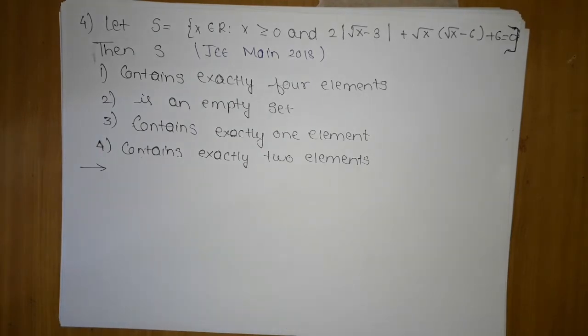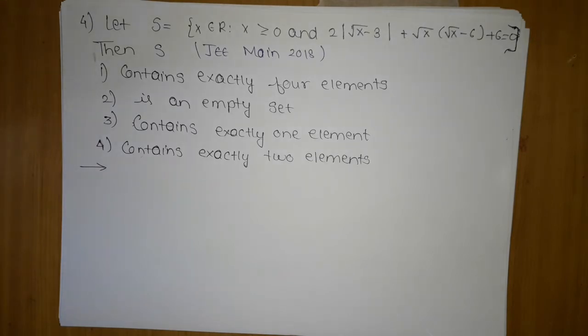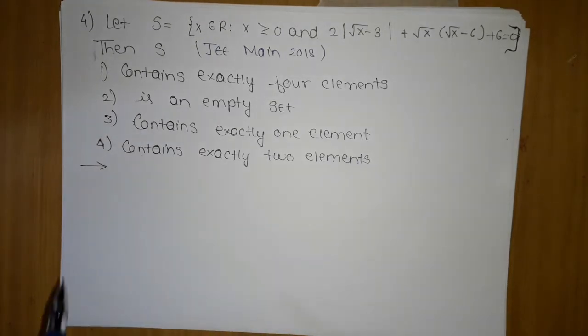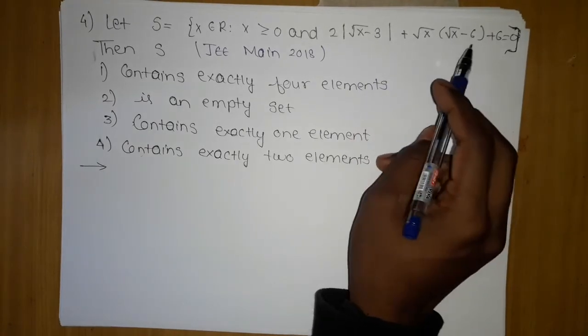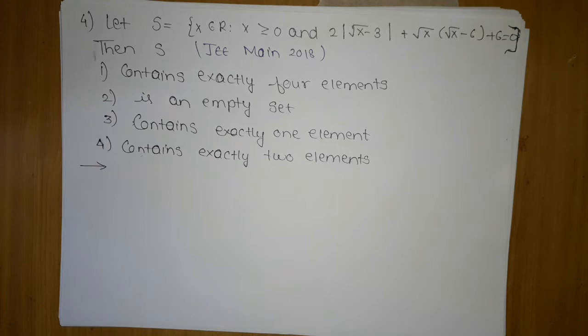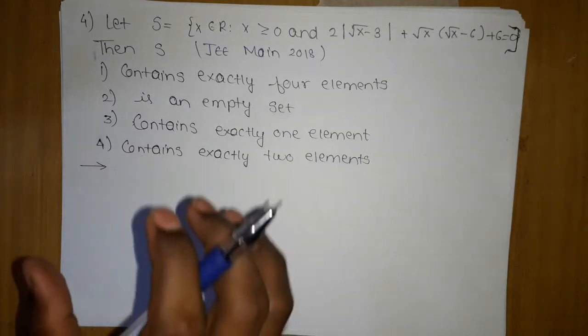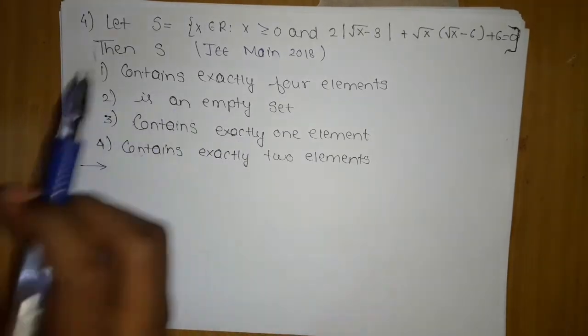Now the main thing is, can you predict that this question is from quadratics? That is the best part. If you can predict that, then your job is done. How can you know? These two terms will multiply. Although it is not forming x square, that is not a necessary condition. Something like x plus 1 by 2x will also form a quadratic equation, something similar to a quadratic equation, two terms with a power difference. So this question is mostly about how you can get the elements of this set.